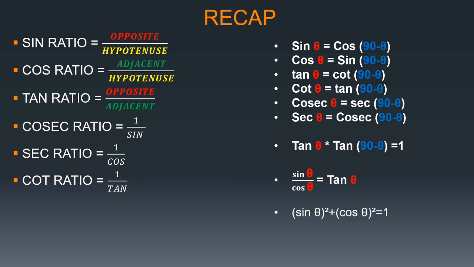Then we have studied the trigonometric identity, or I can say the first trigonometric identity, that is sin square theta plus cos square theta is equals to 1. There are many trigonometric identities which we are going to study in the next standard. I hope this chapter is very clear for you all.